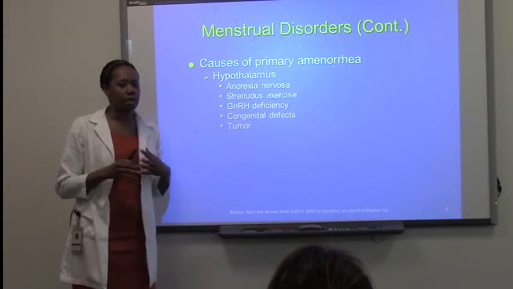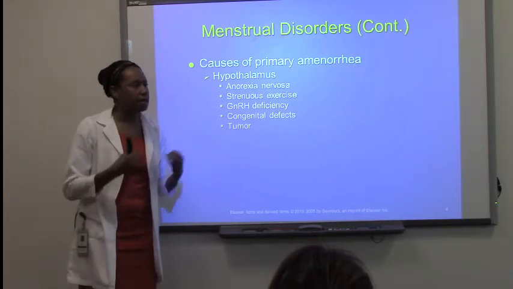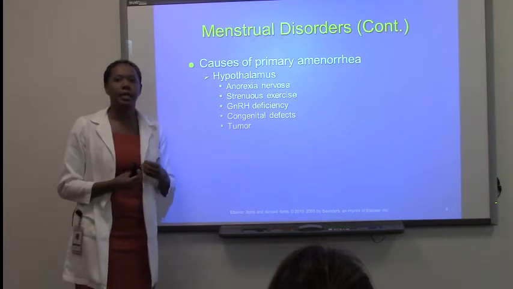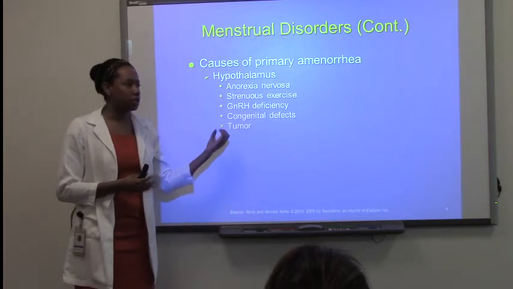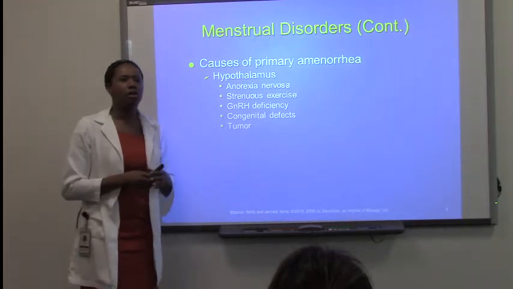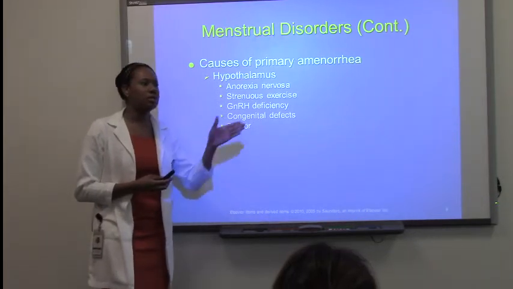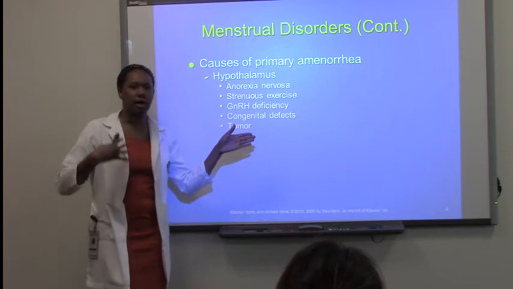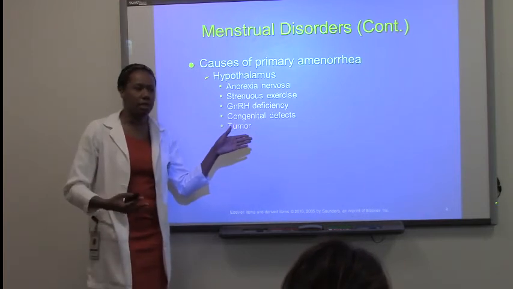Female athletes that are very athletic and work out a lot, every day, training very hard, do have an absence of menstruation. Not everyone, but that is common. Has anybody ever heard of that? Okay. So what happens with these females that do exercise a lot and have this type of activity,